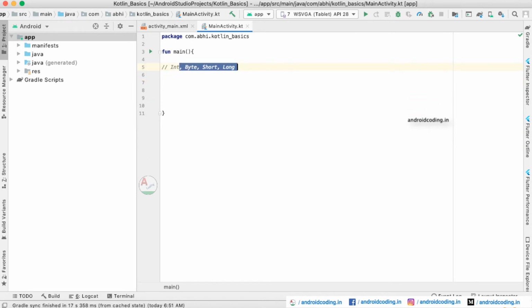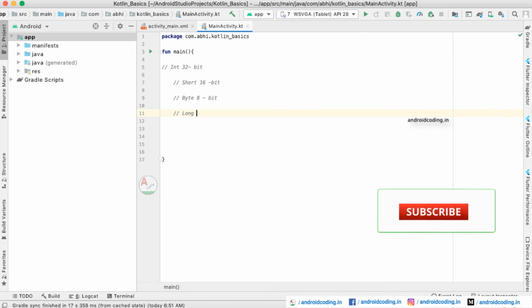So for int you have 32 bits of storage memory, for short you have 16 bits of storage space required, for byte you require 8 bits of storage space, and finally for long you require 64 bits of storage space.